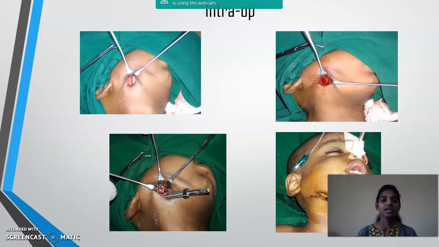In the intraoperative pictures, the patient is placed in supine position, and on intubation, GA is administered, and the patient is draped. With a betadine solution, the area is wiped. The osteotomy is placed on the antigonial notch, the ramus of the mandible is identified, and the osteotomy cut is placed on the ramus of the mandible. Then the distractor placement is done. Then a Metrogyl wash is given, sutures are placed and the patient is extubated.